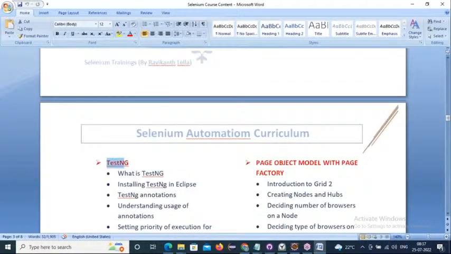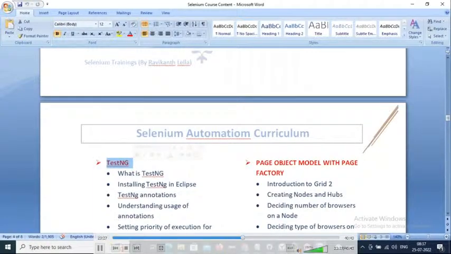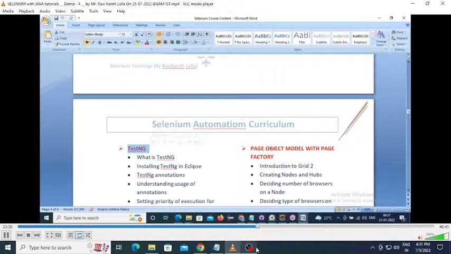And coming to the test engine frameworks. Friends, Selenium itself doesn't have any built-in frameworks. So we will be using